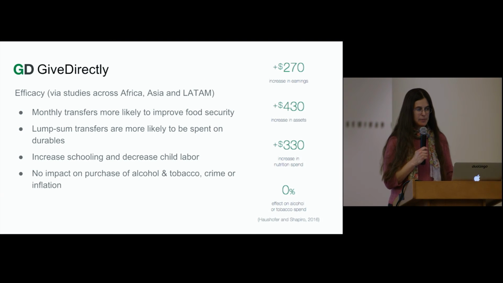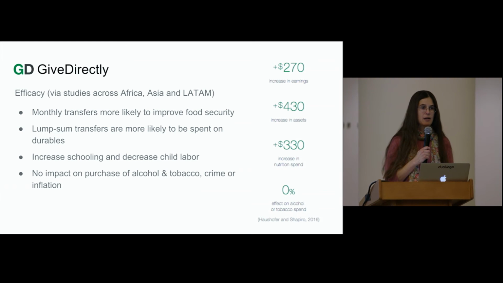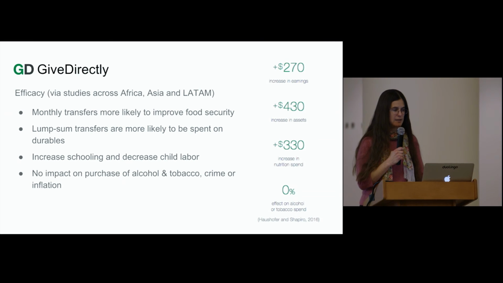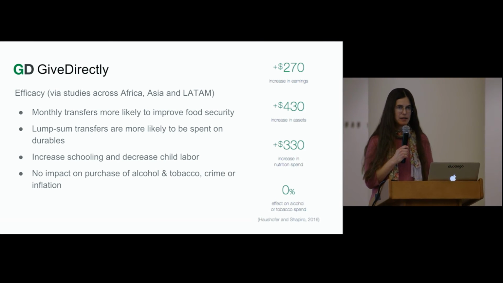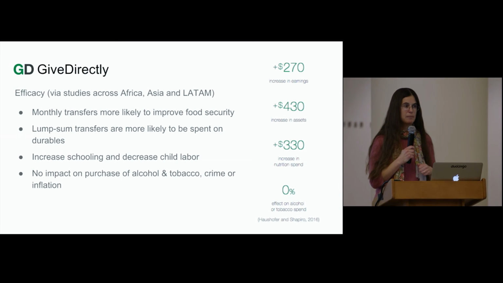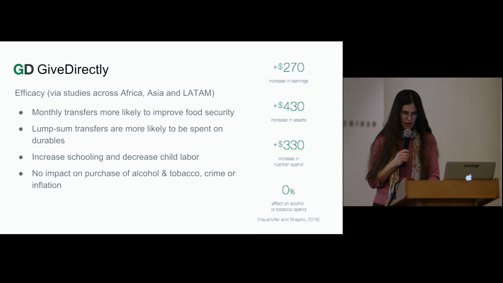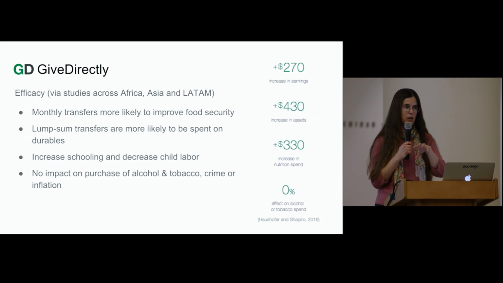There have been a lot of studies about the efficacy of doing direct payments like this, some that are independent of Give Directly and some that are in collaboration with them. Some of these studies look at the effect of monthly payments, and some look at the effect of lump sum payments. In the studies, people were given money directly, with a control arm where people did not receive any money. They found a positive impact, especially on children.